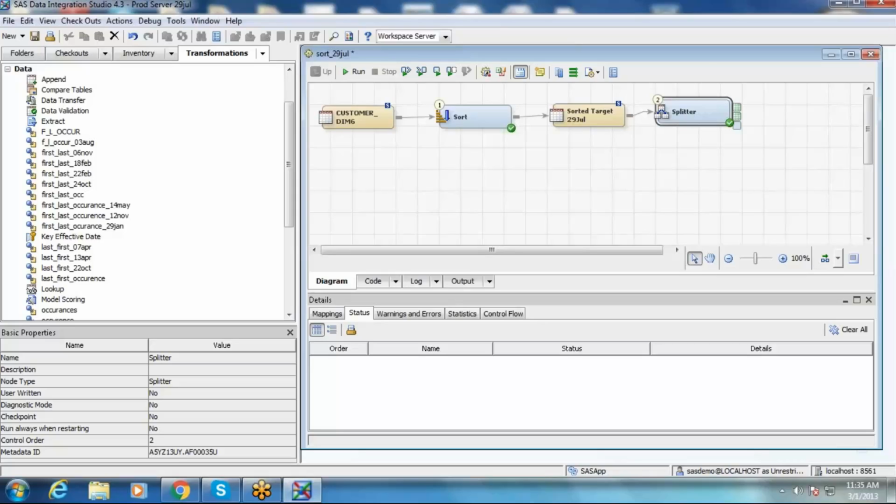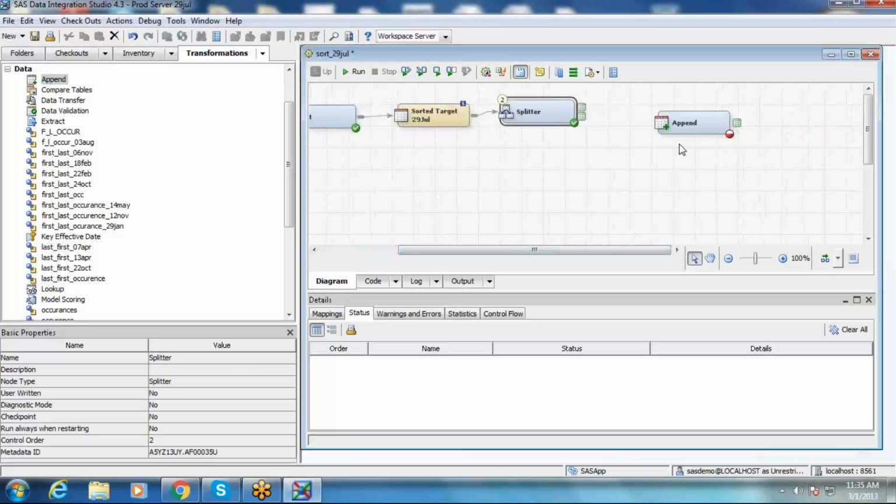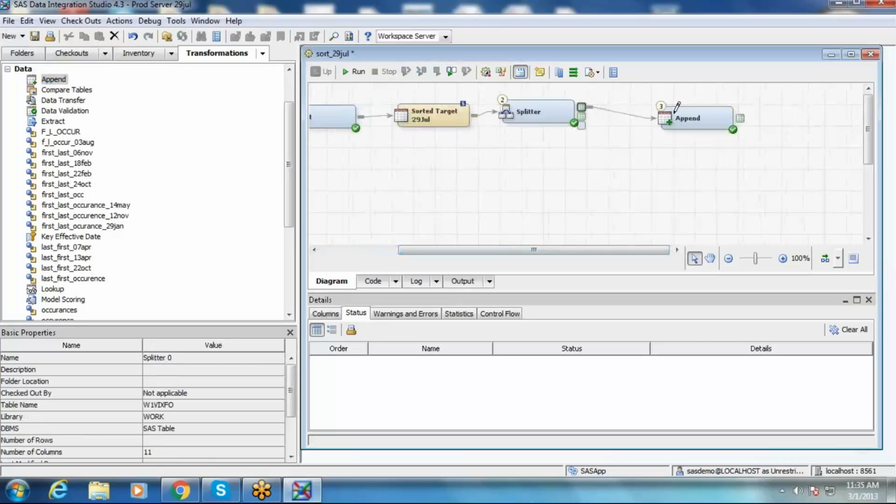Here you can do that with the append transformation. So you can just drag and drop append, and you can link your two source tables. It's not that you need to append only two tables together. You can append multiple tables. Okay, this is similar to mentioning dataset names in your set statement. It doesn't restrict you to mention n number of datasets, not only two. The same way you can link n number of data sets and append them together as a target table.